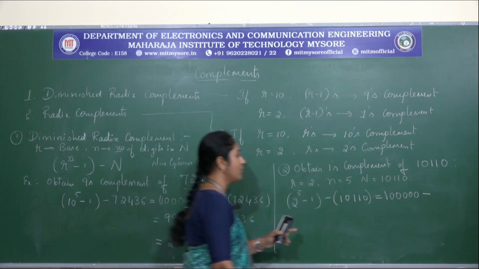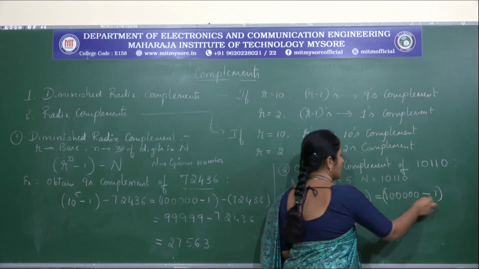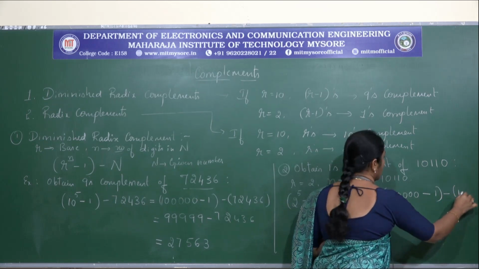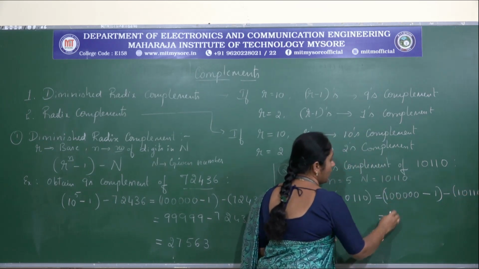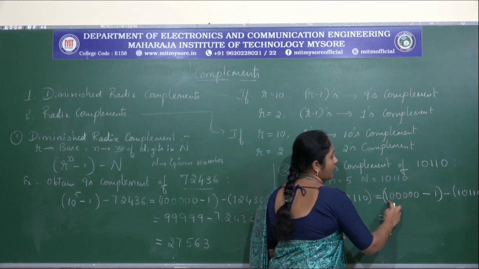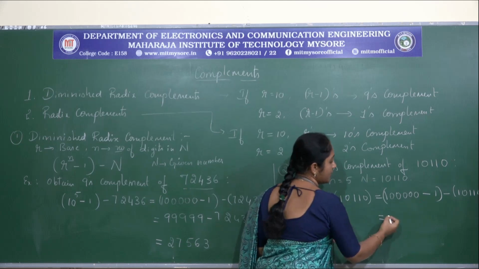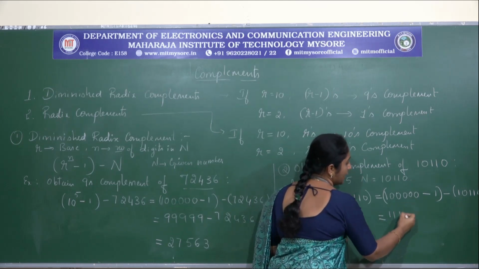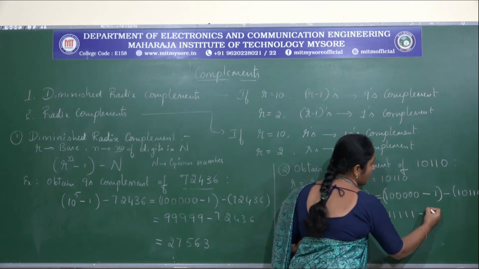This is the representation for 32 in binary, and then minus 1, next 10110. Now what is the result of subtraction from 32? From 32 we need to subtract 1. So what is the result? We are going to get 31. 31 is nothing but all 5 bits ones, minus